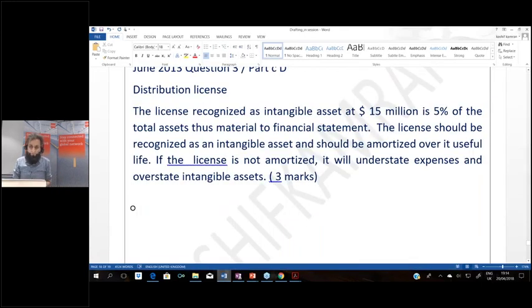Okay, welcome back from the break. We were discussing the question on distribution license, and I just tried writing a quick, crisp answer for 3 marks. But now let me portray how a student keeps dragging time. When a student gets to the exam hall, he thinks he has plenty of time, and he forgets that he has 3 hours and 100 marks to gain, and he likes one thing and starts writing on it. For example, I used the blue ink. I'll use the red.